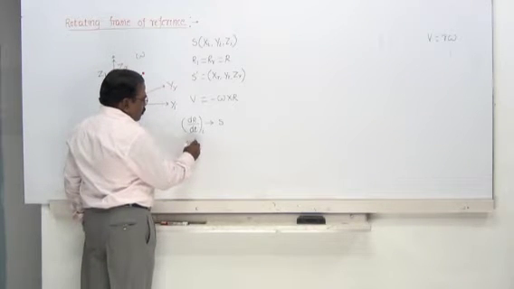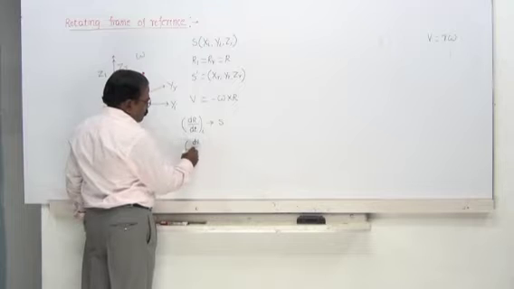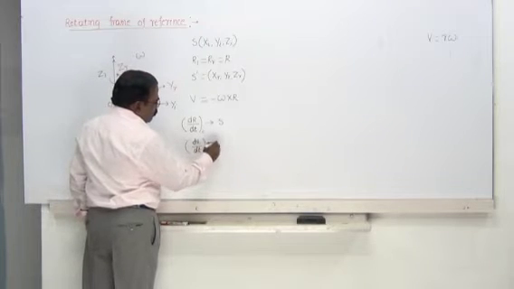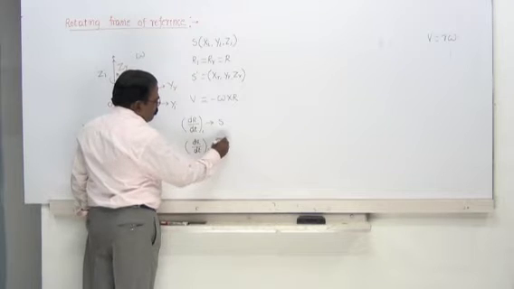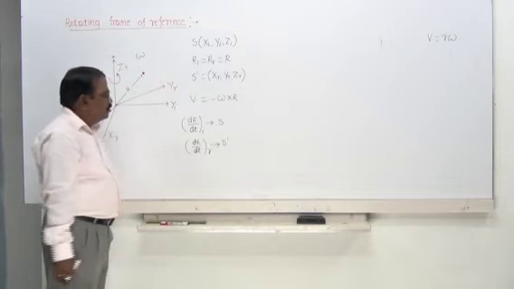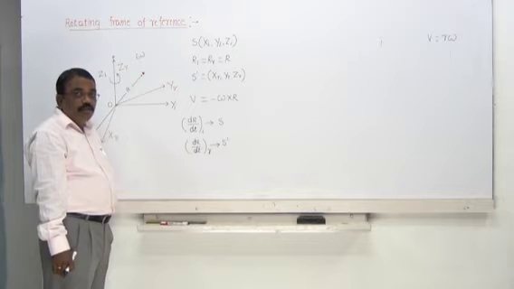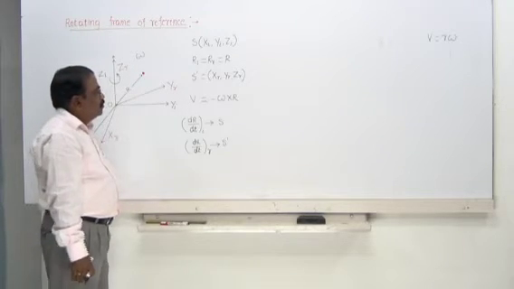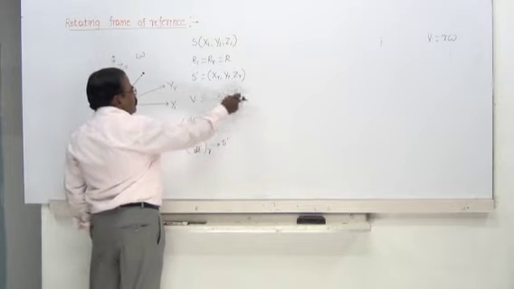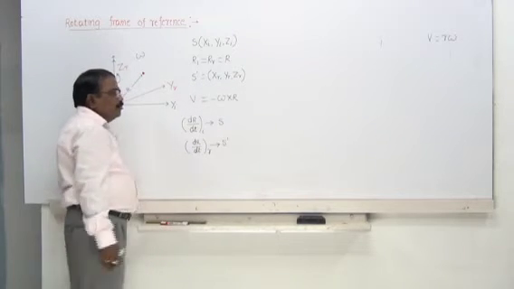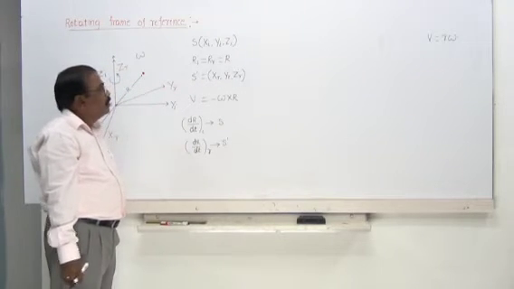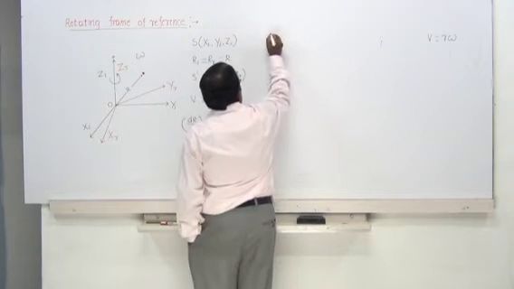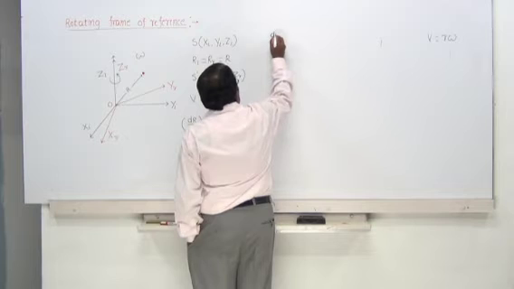Then dr upon dt into R is observed from the rotating frame of reference. So the velocity of the particle is minus omega into R. Therefore, the velocity observed in the rotating frame is the sum of these two,